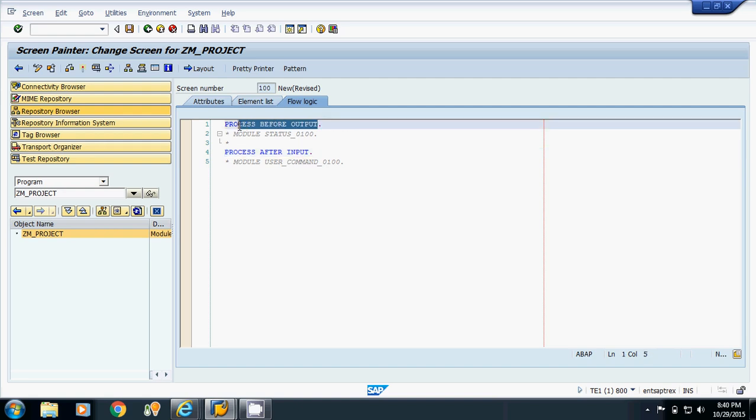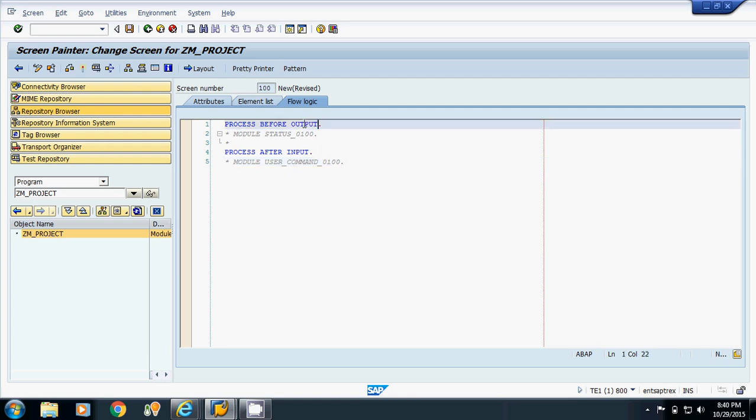Whenever we have the PBO event, process before output, we have the word output at the end. The second event is process after input. This event is called whenever you pass some values and click on the OK button, or whenever you do some action to navigate to the next screen.